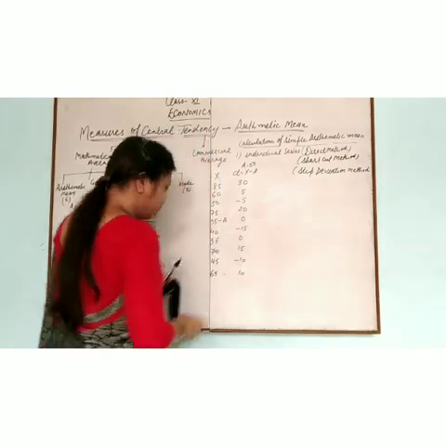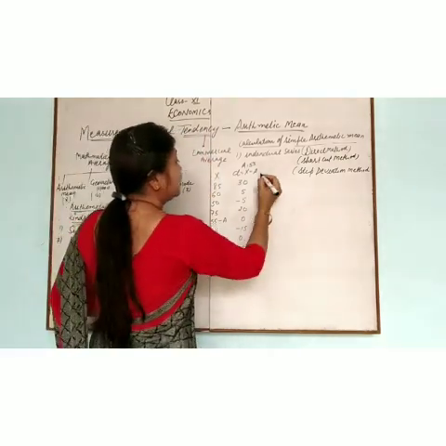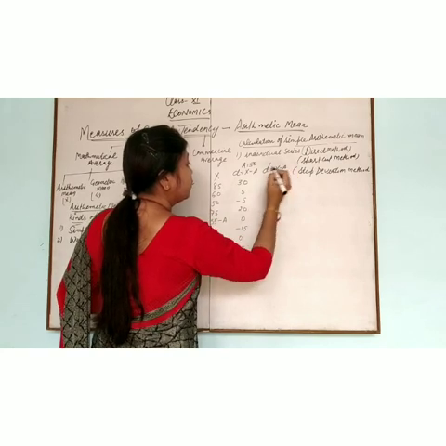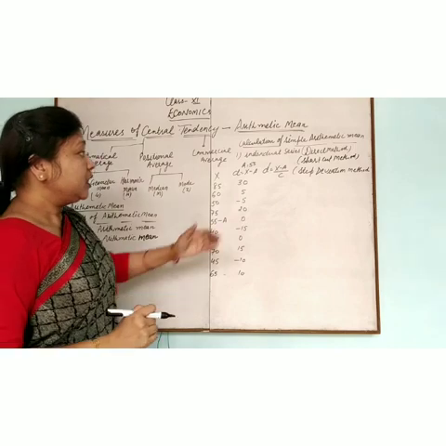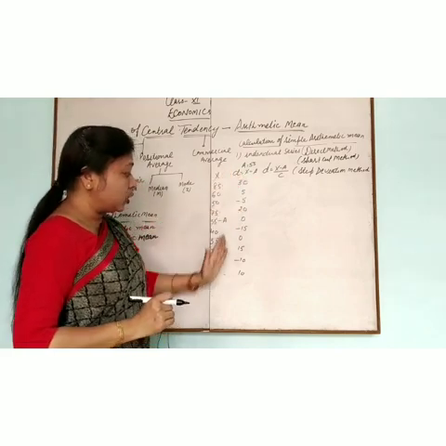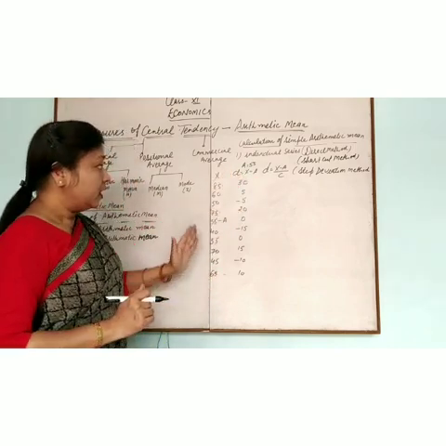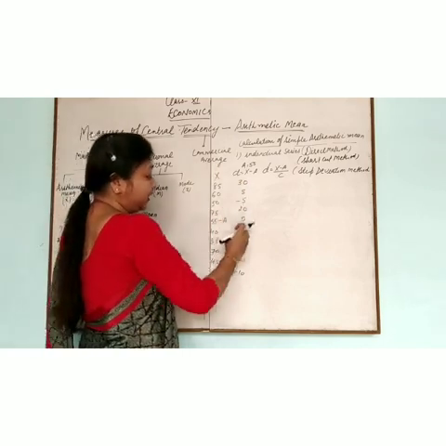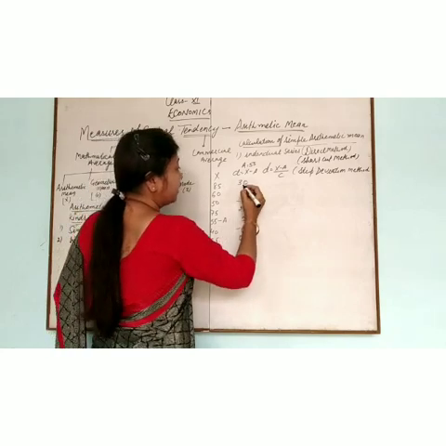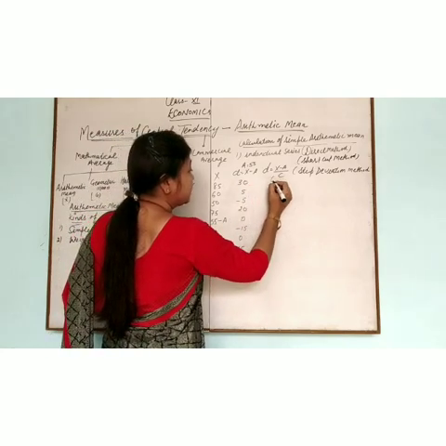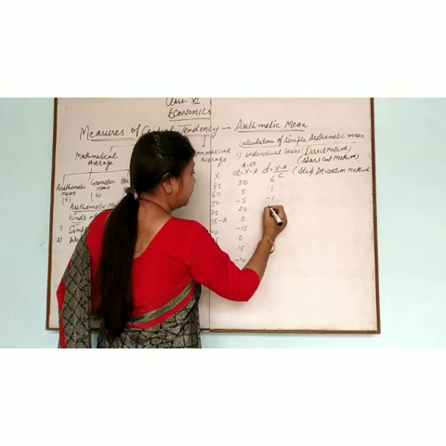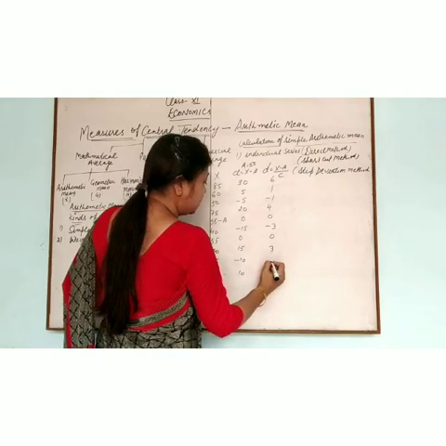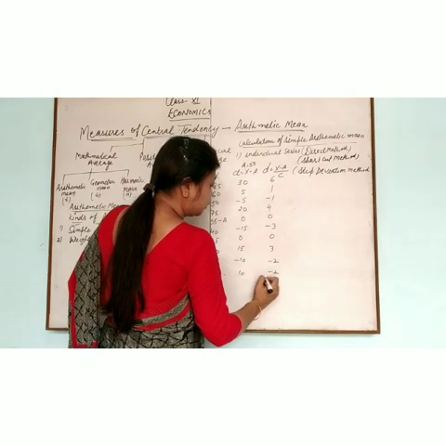we will take one more step in step deviation, that is d dash. This d dash is x minus A upon c. C is a common factor by which all the values are divided. All these values are divided by 5. So we have to divide all these values by 5. 30 by 5, that is 6. 1, minus 1, 4, 0, minus 3, 0, 3, minus 2, minus 2.